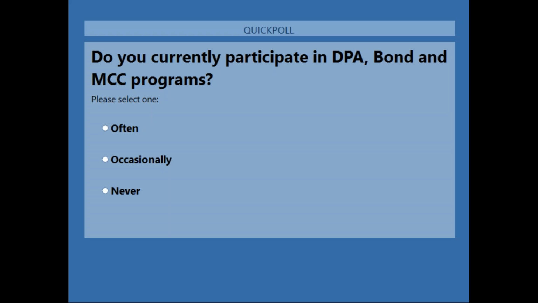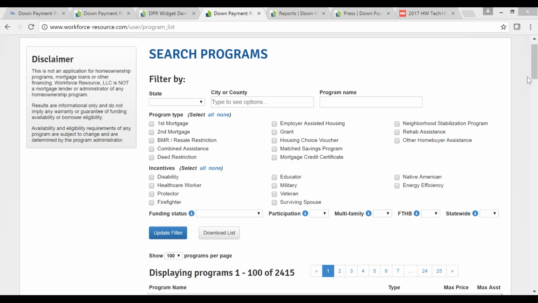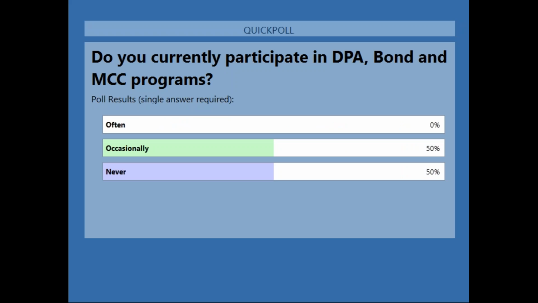Okay, so I'm going to close this out. What were the chances of that? Here, I'll share the results. 50-50, occasionally, and never. So we see a lot of companies have some pretty aggressive marketing tactics and campaigns to reach low to moderate income buyers, to organically originate CRA eligible loans. And so if that amounts to, occasionally you're doing these programs as part of that effort, which is, again, just part of your purchase money